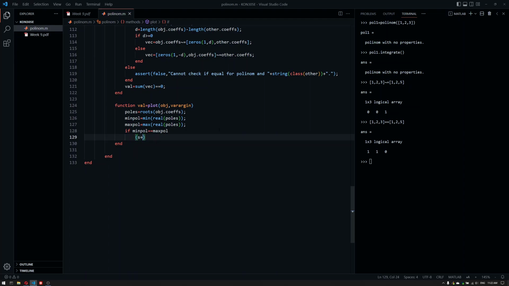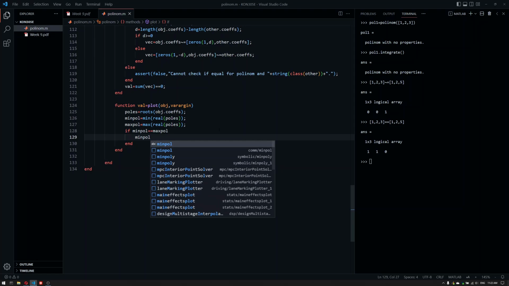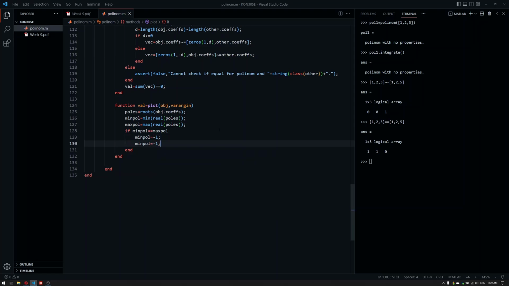If this is the polynomial, then the maximum and the minimum will be equal, so I will not have a range here. So what I might do here is just check if this is true. If that's the case, then min pole should be equal to -1, and then max pole should be equal to +1, because I have lost